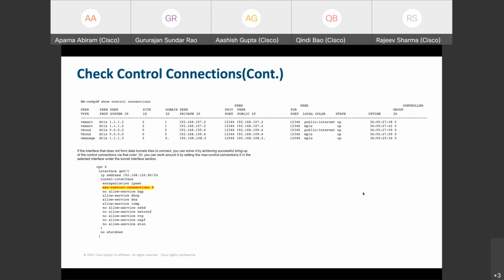In case you're able to bring the control connections up on that color, let's say in some cases the firewall might be blocking the port because of which you're not able to have a control connection. Those things you can fix without using this command. But in cases wherein truly the reachability itself is not there, you can go for this maximum control connection 0,